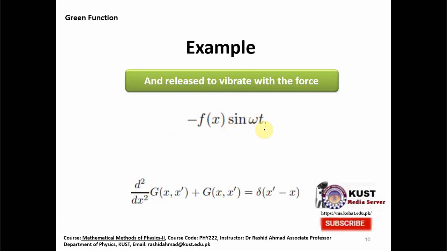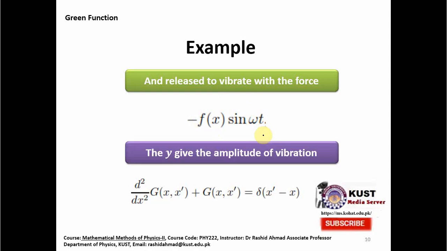So it's a periodic function. This forcing function is a periodic function of sine type, and y gives us the amplitude of the vibration. What we now want to do is solve this equation with the help of a Green function and get the value of y. In a Green function, if I replace y with g in this equation,